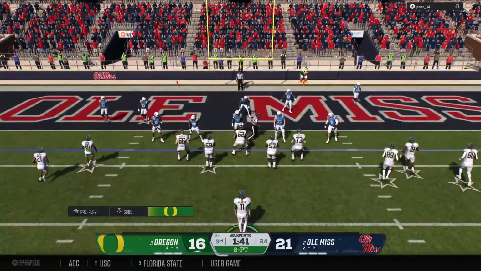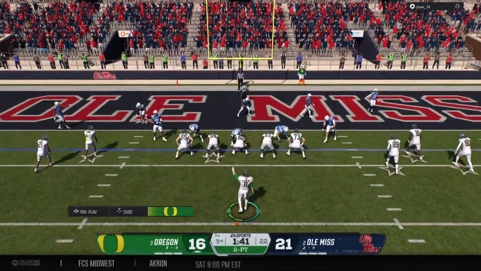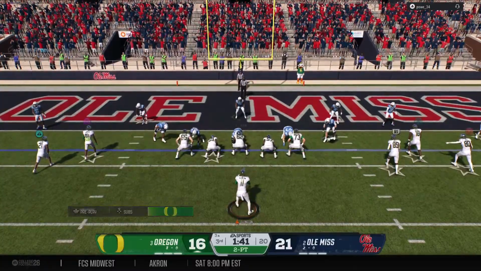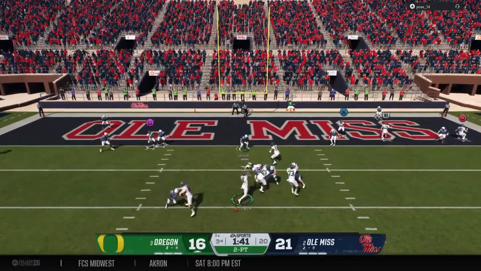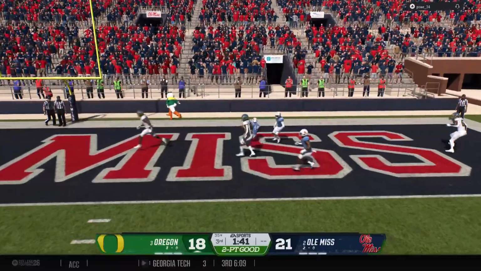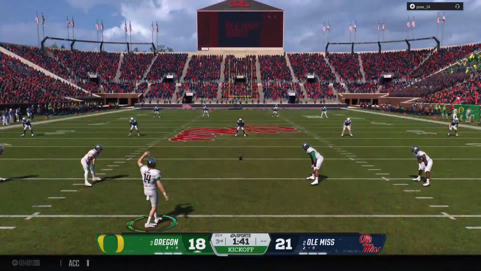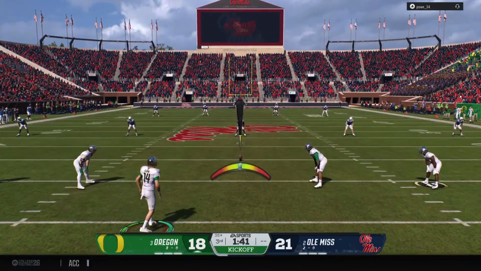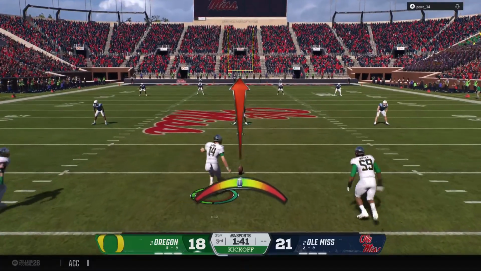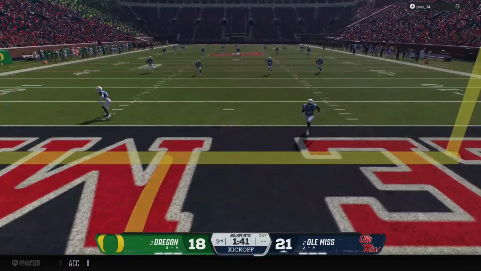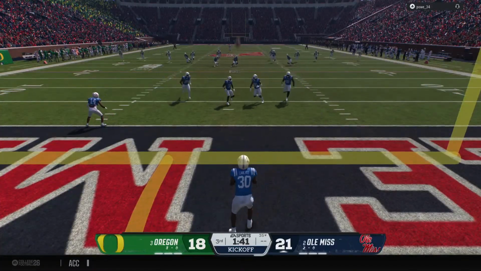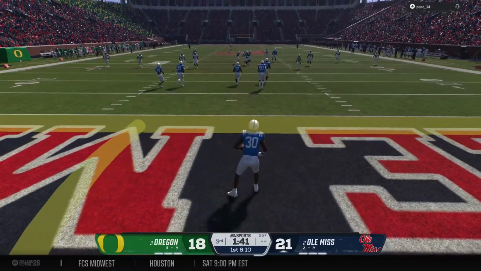So down by 5, they'll go for 2, trying to cut this to a field goal margin. Quarterback drops back, probing the secondary. And it's caught in the end zone for a 2-point conversion to cut into this lead. Got momentum after scoring that touchdown. Now the kickoff team out there to kick it away. And he'll just take a knee.